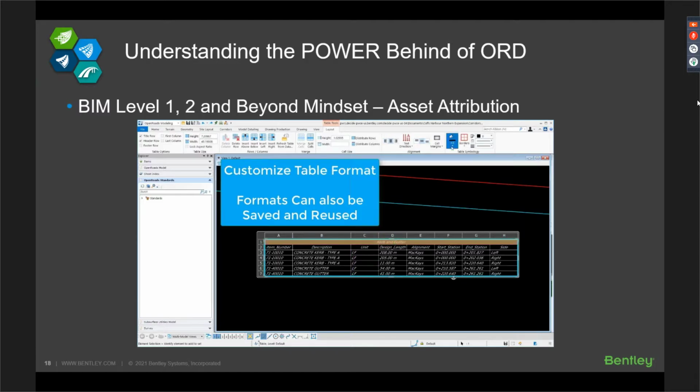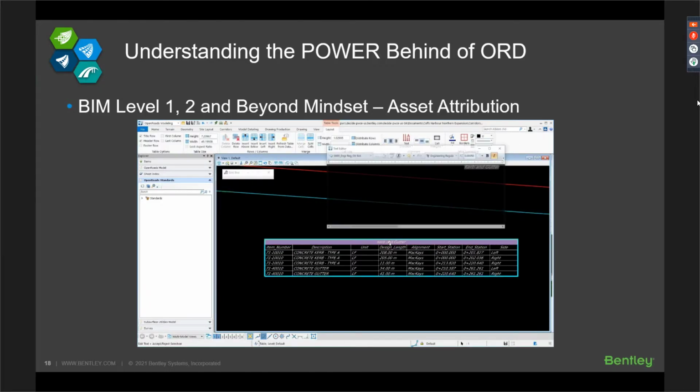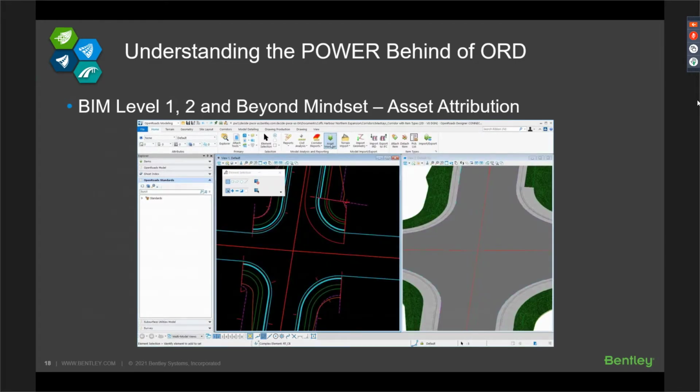So this is very important, especially because the challenge that we are all facing right now when doing civil design projects is that we keep on recreating our data again and again, which should not be the case. Now, to summarize that for